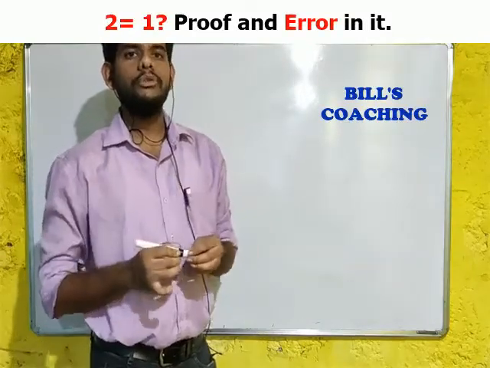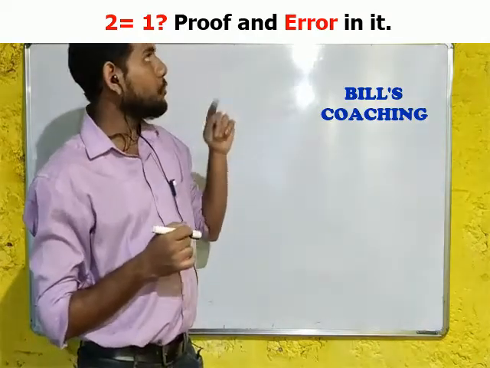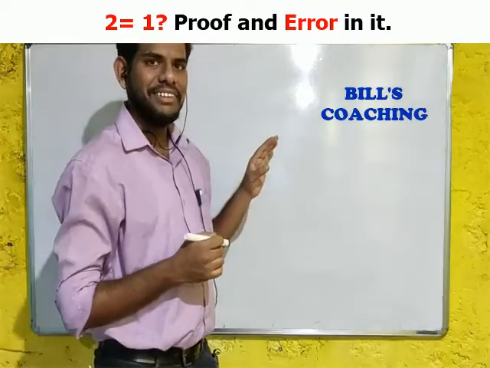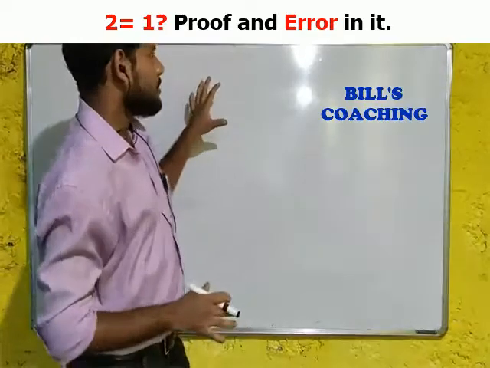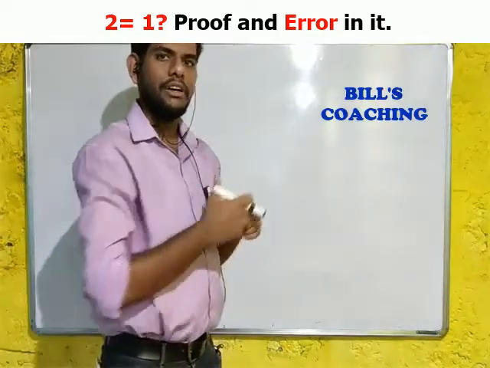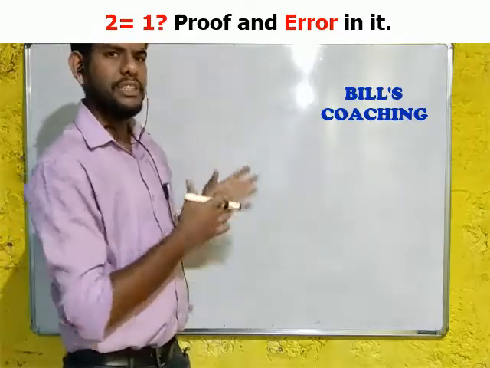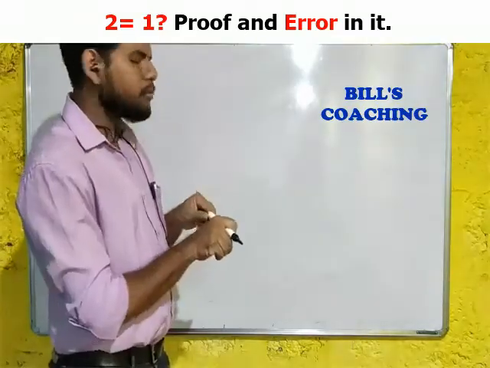Today I am going to solve one proof, and after solving this proof we can say that 2 is equal to 1. Okay, so we all know that 2 is not equal to 1, but I came across this proof on social media and it took me about 5 minutes to actually understand where the mistake is. So I am solving the same proof in front of you. So the proof goes like this.